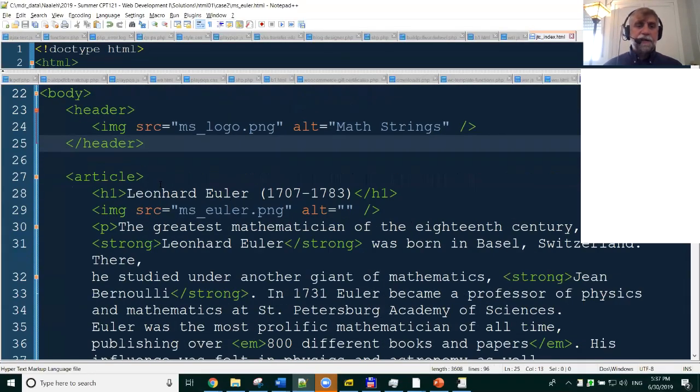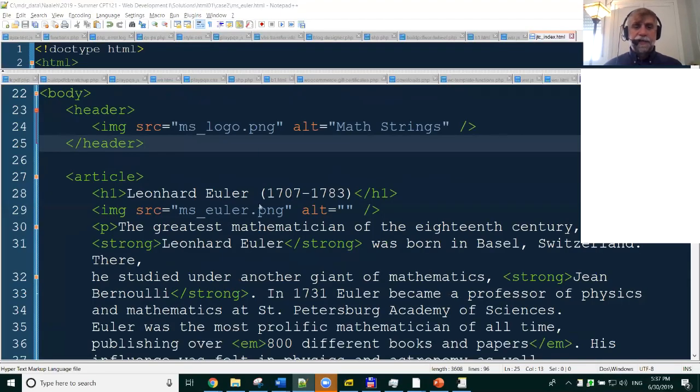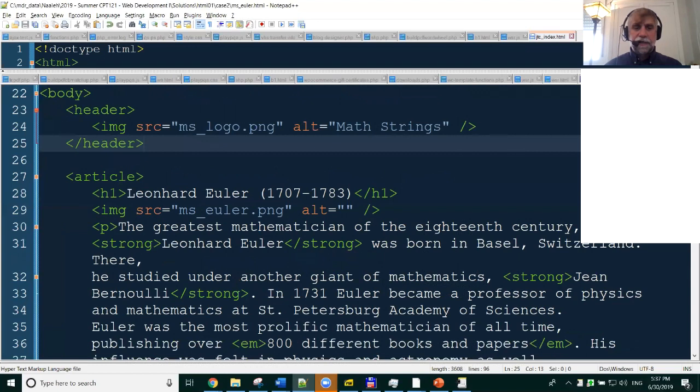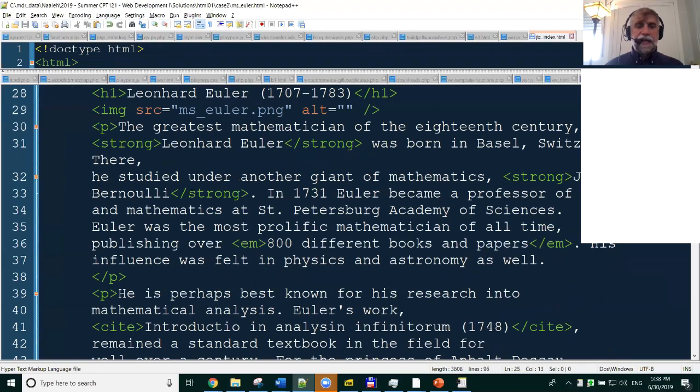All right, then we have the article itself. Right, this is the article. The article happens to have a header, which is over here. Right, this is showing up over there. Then we have the next image, which is going to be this image over there. Right, you kind of want to do it always works top left to right, is usually how it works. So this H1 is going to be at the top here. We're still on the left side, so it's going to put the image over there. And then we have